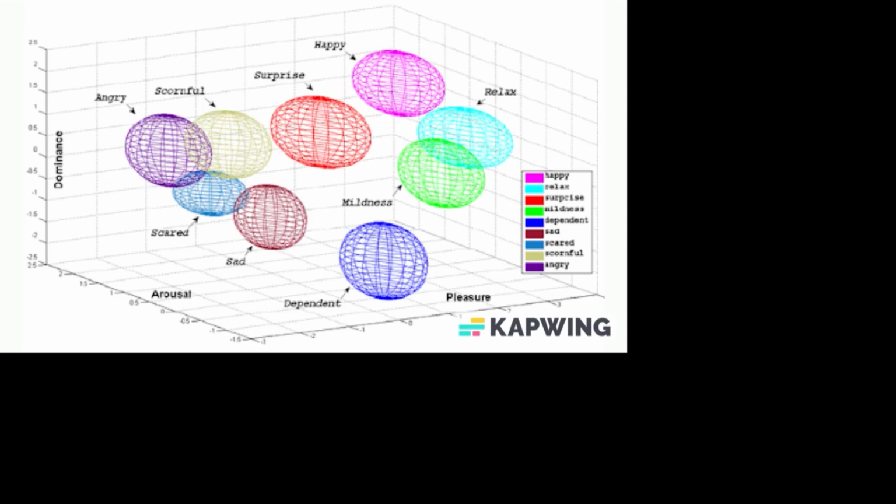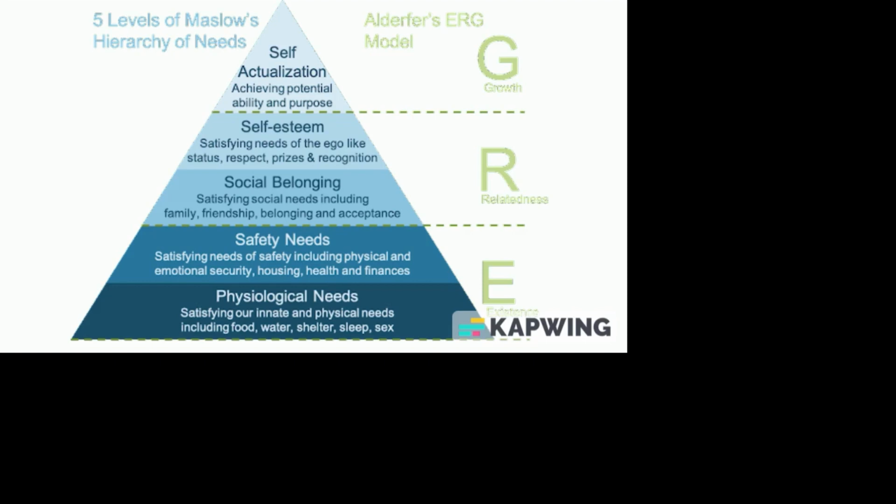One interesting thing to this is that someone who's very low on the dominance scale may be very dependent, and that comes in later when we talk about how these NPCs, these individuals, interact, and if they can form mini cults based on somebody's sense of dominance over others, and the other people's respect of that dominance. And that ties into the next section, the motivation, the behavior piece. The motivation is based on the ERG model of motivation. This is basically a distilled version of Maslow's hierarchy of needs, which you can see in this graph.